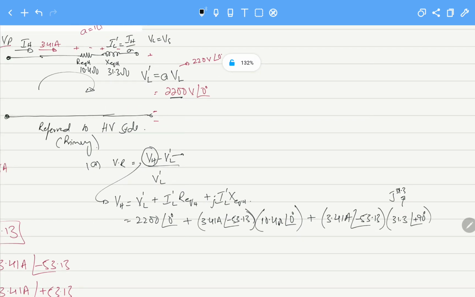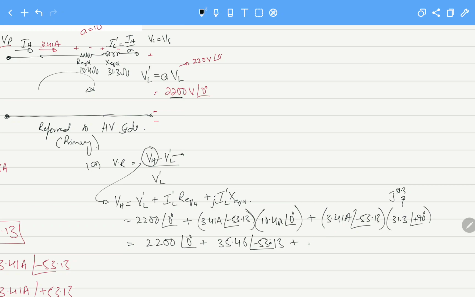So when we solve this, the values that we will get after solving this will be 2200 plus 35.46 at angle minus 53.13,